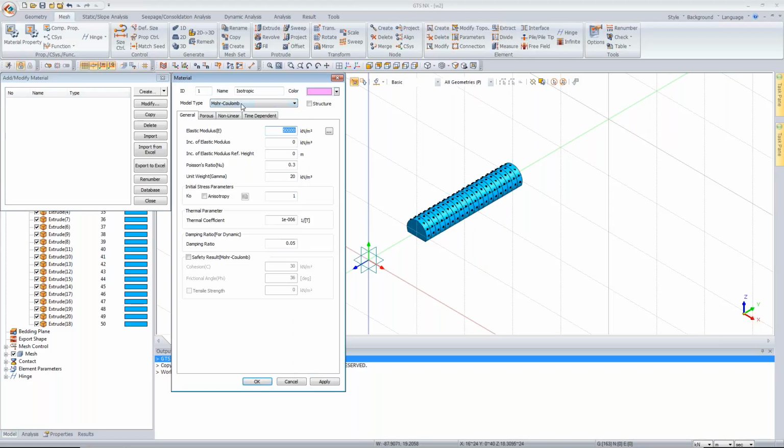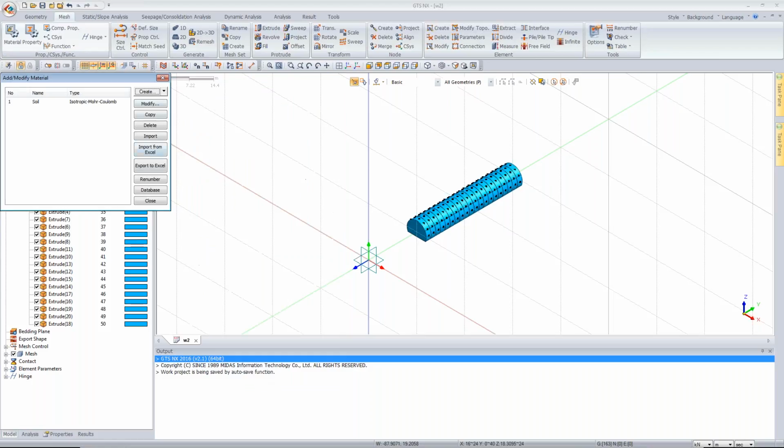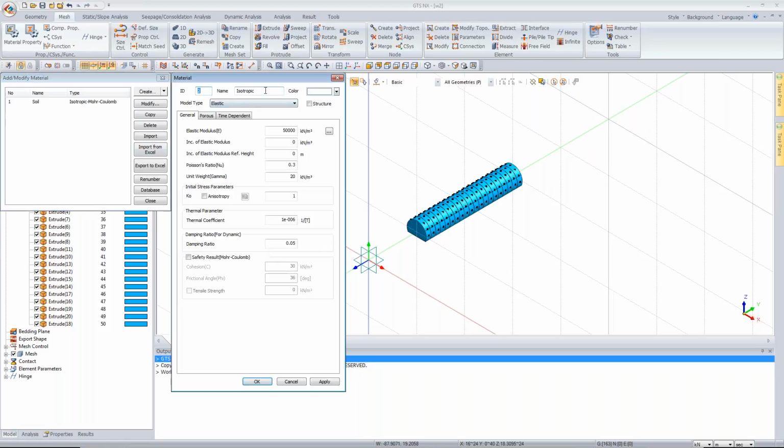So you can just define one material for the soil. In this case, I'm just taking the default parameters and let's suppose some elastic material. I'm just taking some values just for the demonstration. Let me name this concrete, maybe, say okay,